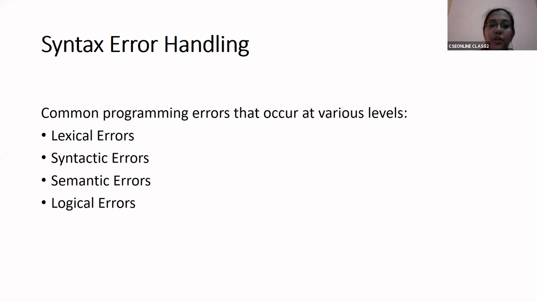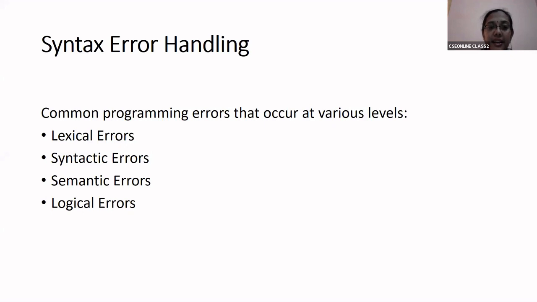So when you are declaring an identifier or a variable in one position but using a different identifier at another point in the program, such kind of errors are called lexical errors. Misplacing of characters in the identifier, that is, you have declared something else and you're using something else. Such kind of errors are called lexical errors.